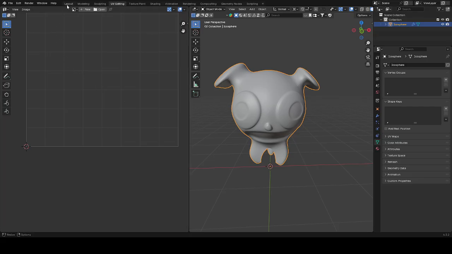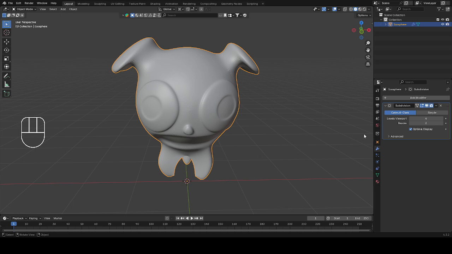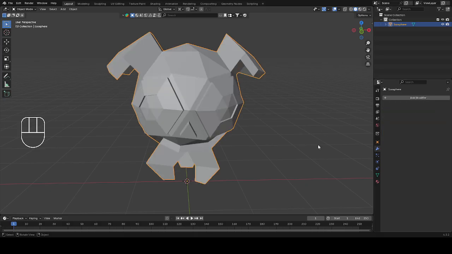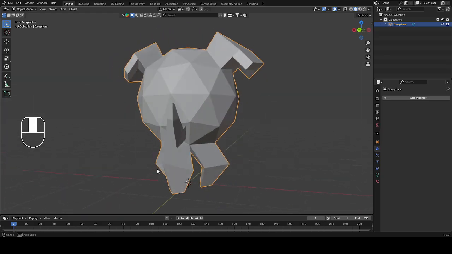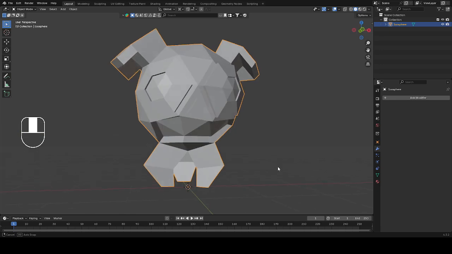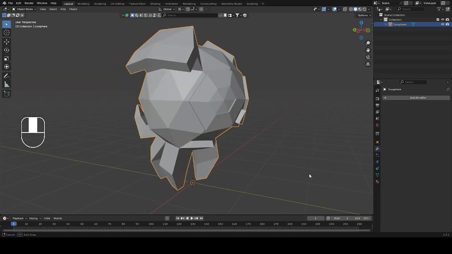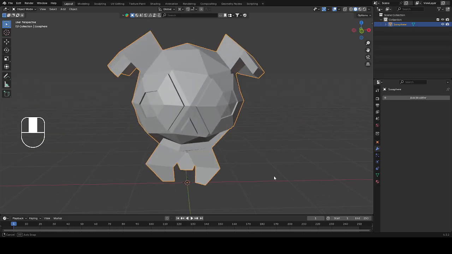So I'm taking the solidify modifier. Oh, not subdivision modifier. I don't know why I always say solidify. Solidify is what makes them fat. On our next random day, we will work with UV mapping our little Iceo Puppy. But right now,